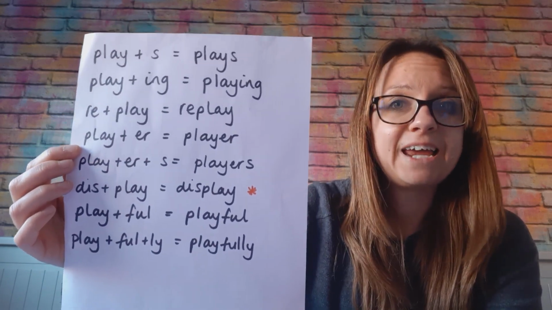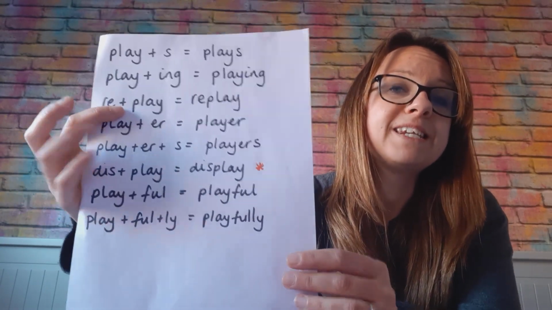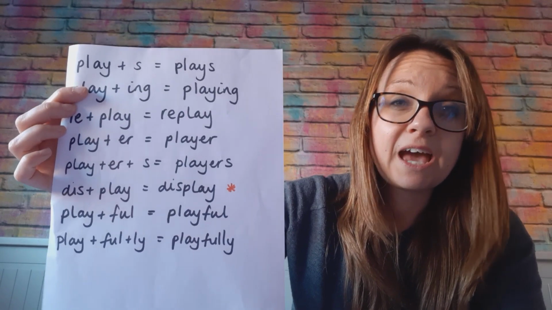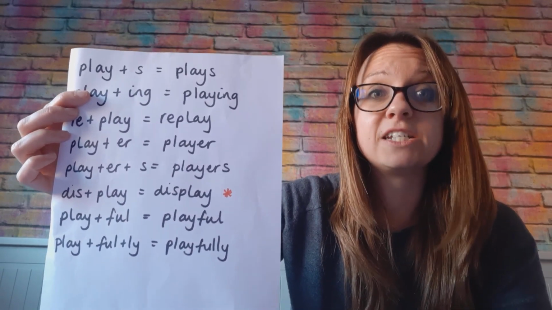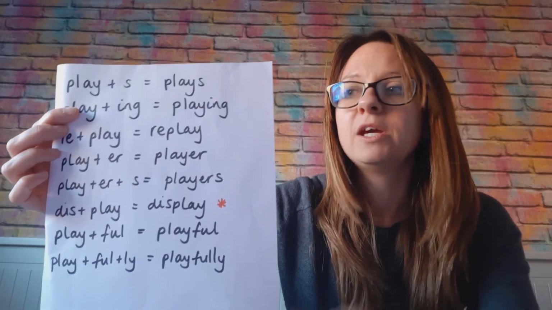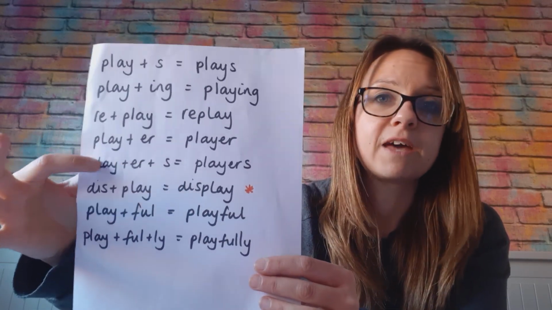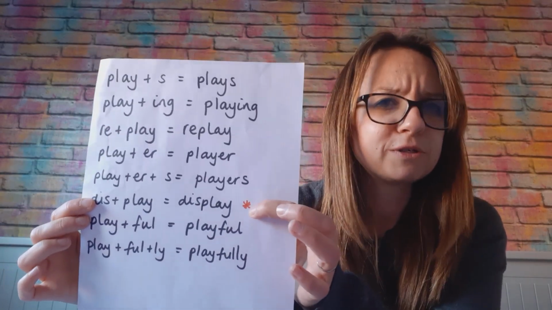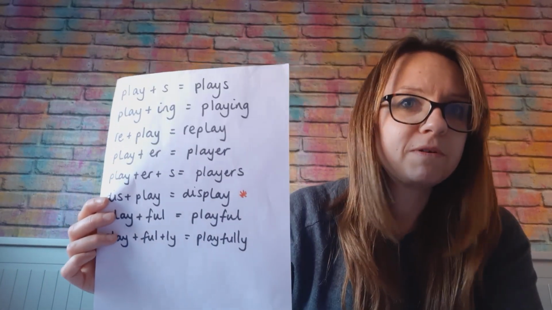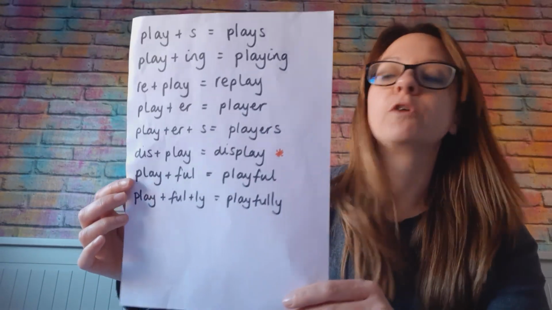We've got player. So you can see here, we've got the -er. When it makes a noun like that, when it attaches to the verb, it can mean that it's somebody that does. So player is somebody that plays, farmer, somebody that farms. So the -er is to do with the person doing it. I've put 3 together there, players. Display, got a little star by it because we're going to come back to that one. Because you might be thinking, you know what the word display means. What's that got to do with exercise? And you'd be right to think that. So we're going to come back to that, and I'm going to talk about that in just a second because that's a bit different. Okay,